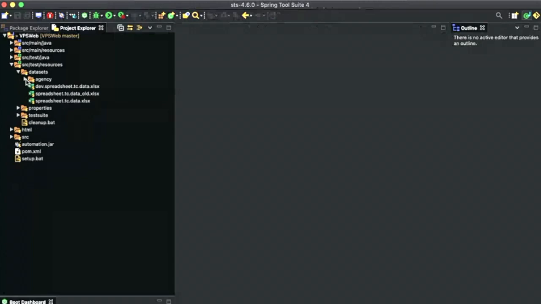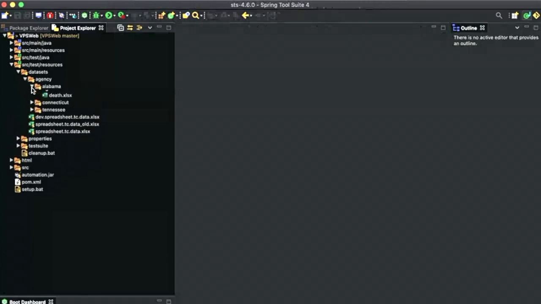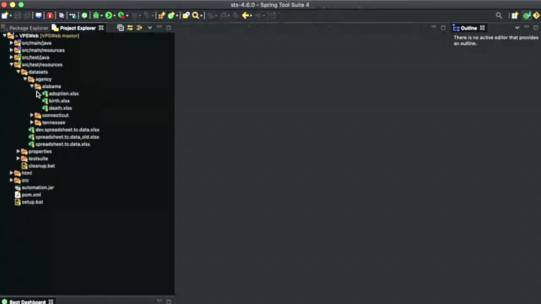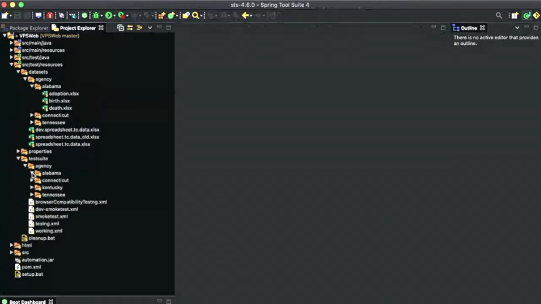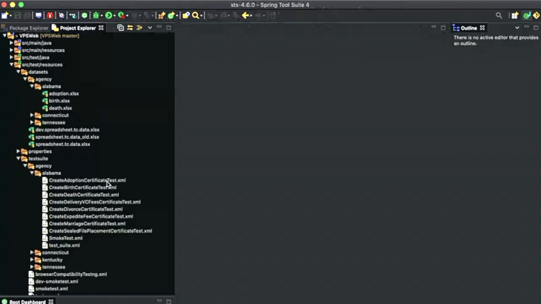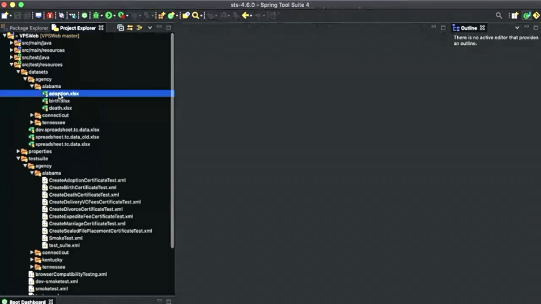But I've broken the spreadsheets down again by agency. So we actually have our test data for each of our individual certificate tests. So here we have an adoption certificate test. I have an adoption spreadsheet file. So if I open up this guy,